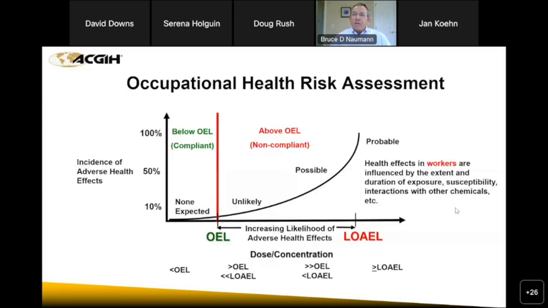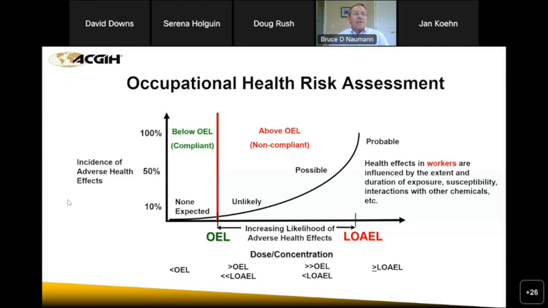Okay, so we're running along, and maybe there's some upset conditions, or maybe we haven't gotten to certain processes. And so I wanted to include this slide to illustrate the thinking process. Up on the top here, we have below the OEL, so we're in compliance. You look at OSHA's compliance strategy. It's either significantly below, you're compliant; it's indeterminate, like on that red line; or you're definitely above, based on the 3 samples or whatever that are taken.